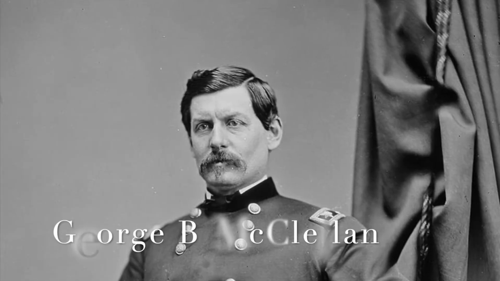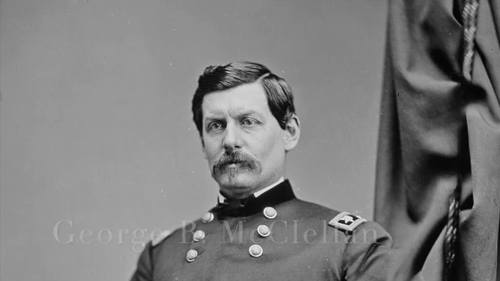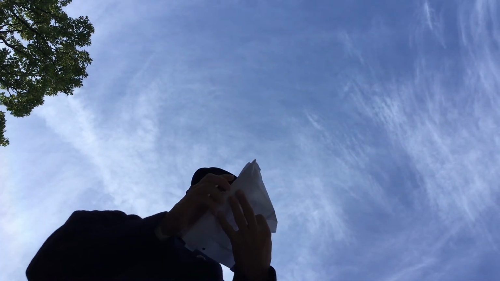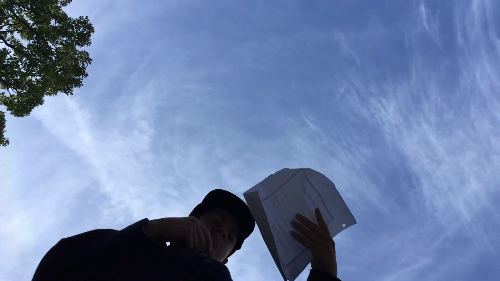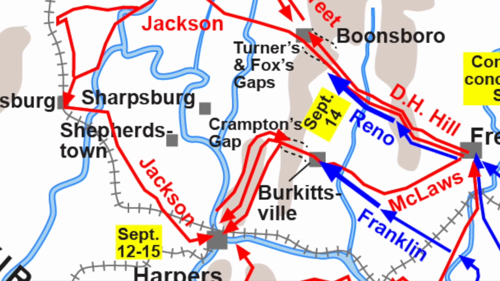General George B. McClellan, who is in command of the Union Army of the Potomac, moves to intercept the Confederate Army. McClellan then receives a paper, found in a former Confederate camp, that contains General Lee's marching orders. The Union Army moves to destroy the rebels, but Lee then finds out from a spy that McClellan has a copy of his orders, and so he makes moves to protect his army.